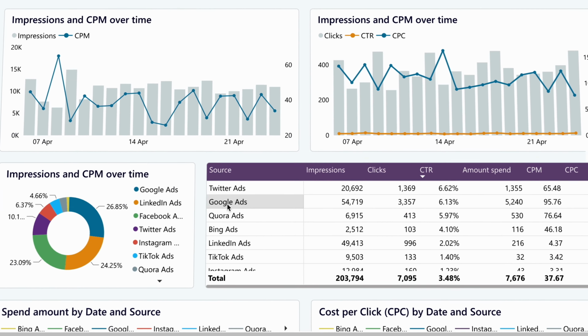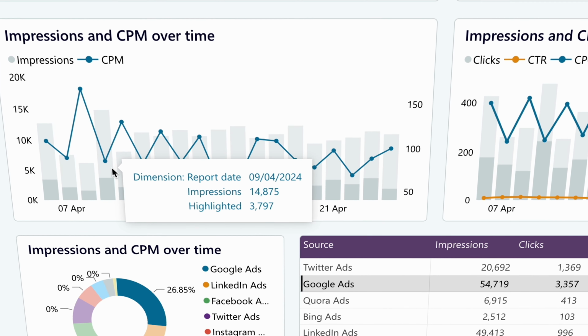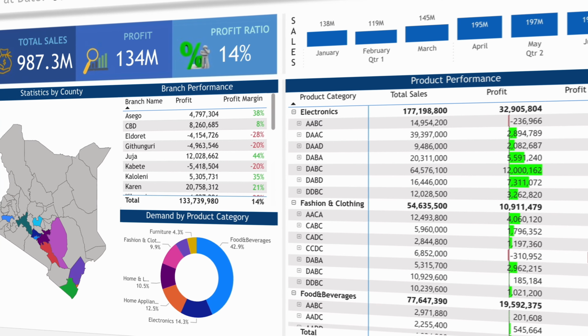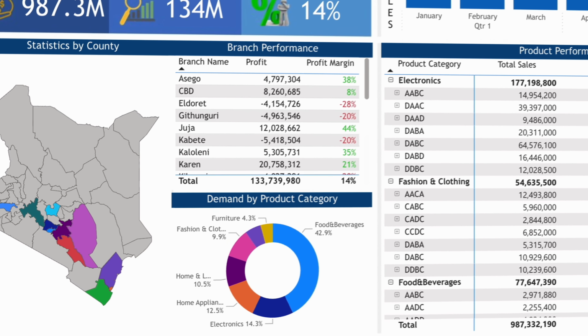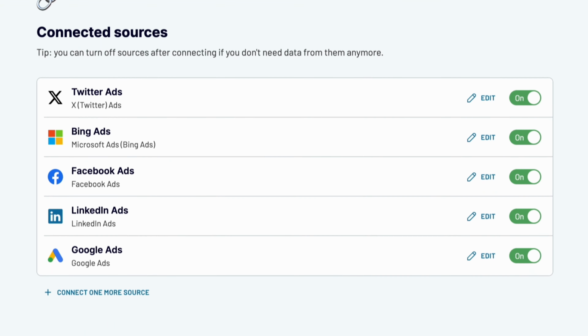Users can interact with charts freely, drilling down into the data that interests them the most. And despite the abundance of options for building a report, the outcome could be straightforward and easy to interpret. Here's in a nutshell how Power BI works. First, you connect data to a report.